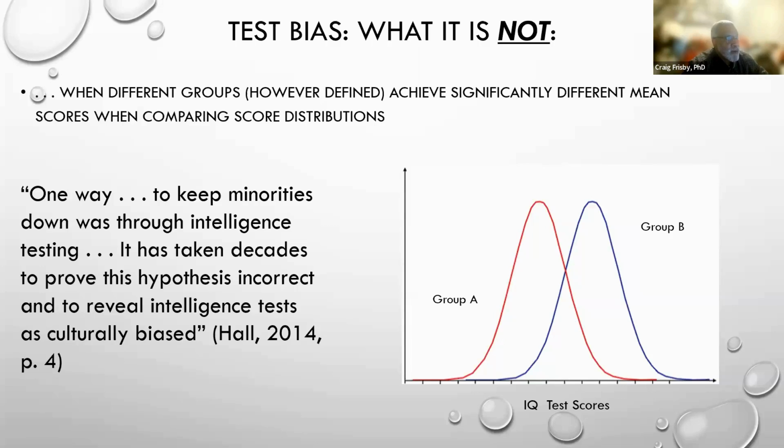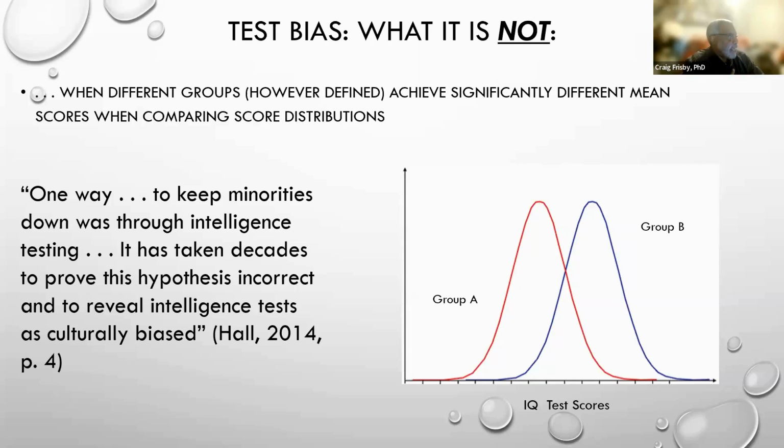Okay. Most people that call test bias will say that this is why they feel that a test is biased. In other words, they define bias as whenever two or more groups get different means in their distribution of test scores. And I've included a quote here on the left from a recent psychology textbook, which will kind of show this misunderstanding.